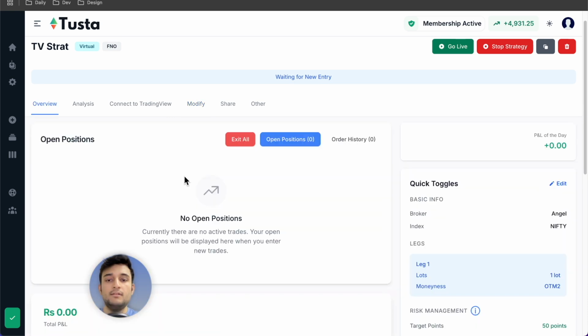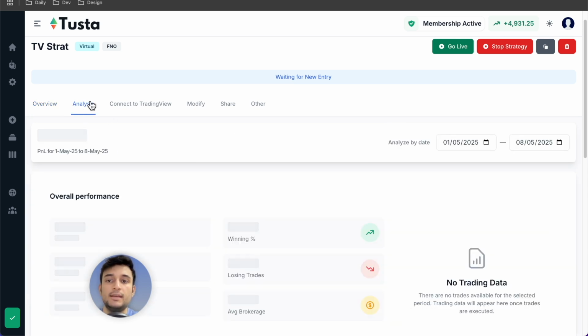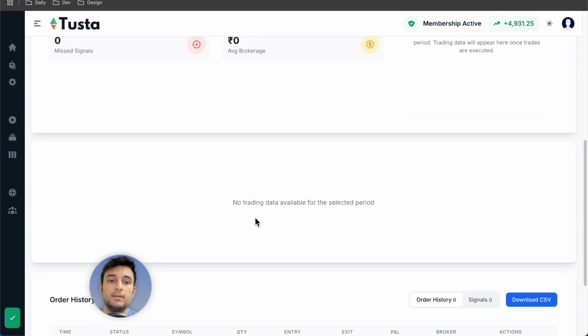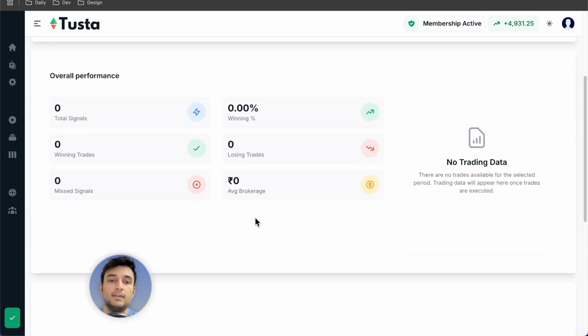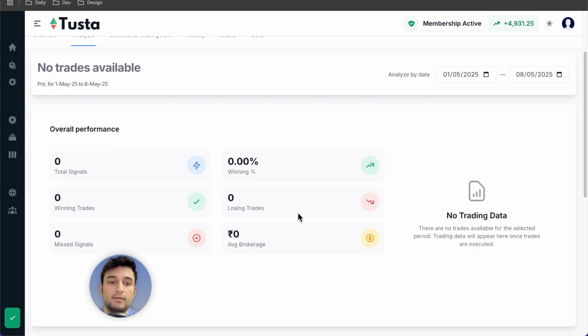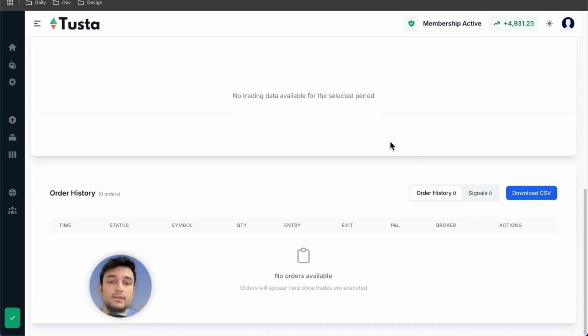modify section. Once this strategy takes multiple trades over a week period or a month period in live or virtual, you will get data on the analysis section. Here you would get all the data of winning percentage, losing trades, missed signals, average brokerage, everything would be provided in a single dashboard where you will be able to filter it out by the dates, by the time period as per your requirement. You can also download CSV of all the trades which it has taken and further analyze